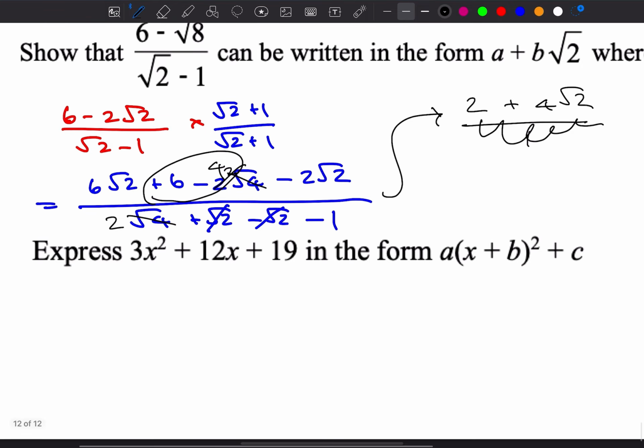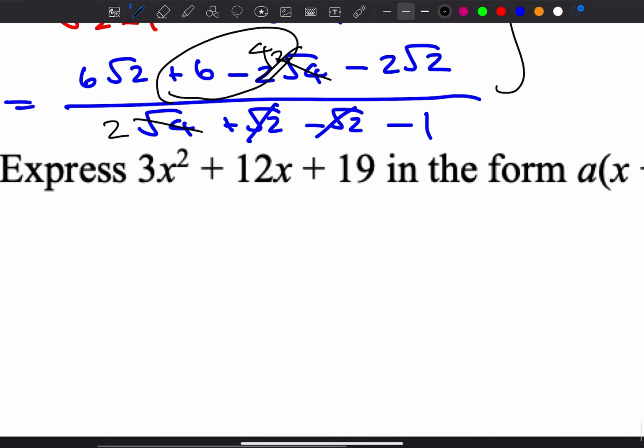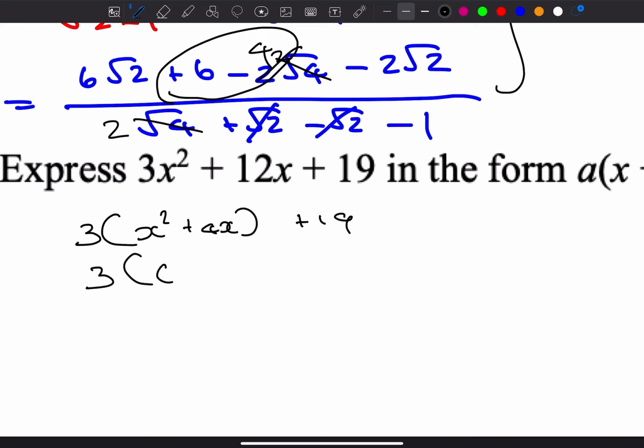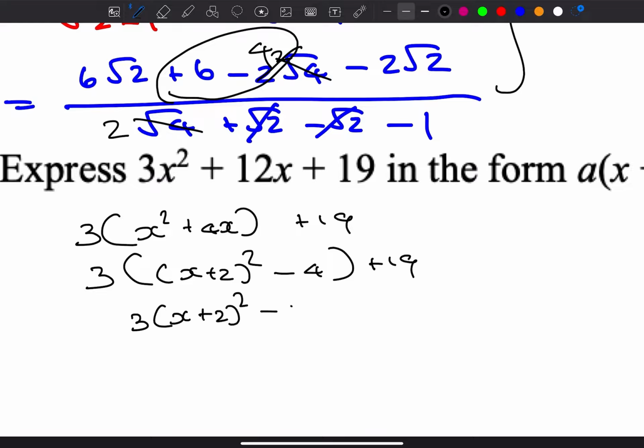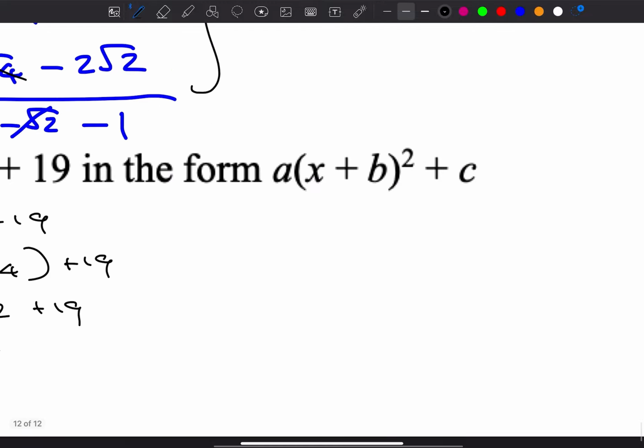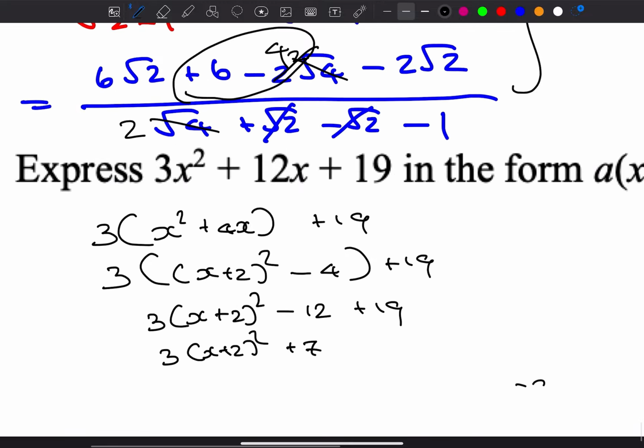Next one. Completing the square. Take 3 outside. x squared plus 4x plus 19. 3 bracket, bracket, x plus 2 squared, take away 4, plus 19. Multiply by 3. 3 bracket x plus 2 squared minus 12 plus 19. 3(x plus 2) squared plus 7. And if it is written in that format, but if you want the turning point, it's minus 2 comma